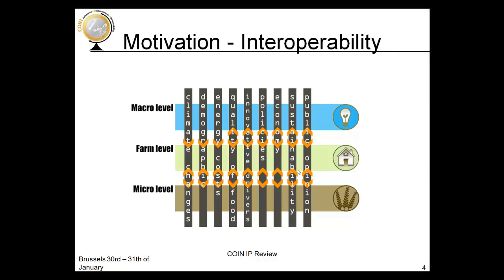The second part of information could be called the farm level, and it is, for example, the accounting system which describes the overall situation of the farm. And then there is also the micro level, or we can speak about the field level, where detailed information is collected about every field, or if you are using precision farming, not only about every field, but also about every part of the field. So you can have a lot of information inside of every field.